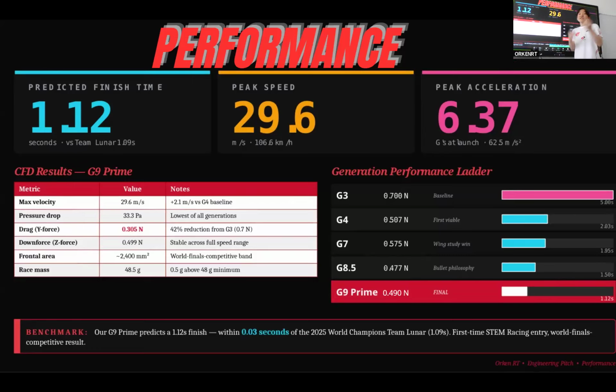For us, innovation is not about avoiding mistakes, it is about using them. The old prototype was not a failure because it taught us what direction not to follow. G9 Prime is a result of that learning. A car shaped by aerodynamic ambition, regulation checking, manufacturing reality, structural analysis, and collaboration. This is what defines us